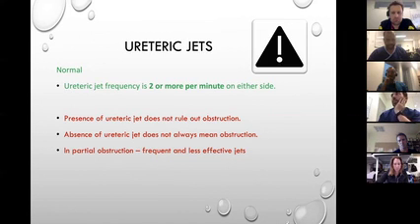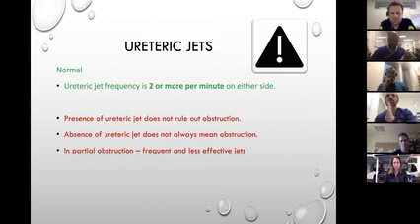That means you might be volume depleted, or you might be looking at the wrong spot to start off with. You're not capturing the jets, probably. All right, so that doesn't mean anything. In a partial obstruction, interestingly, the jets that come, say for instance, the right side is the affected side,